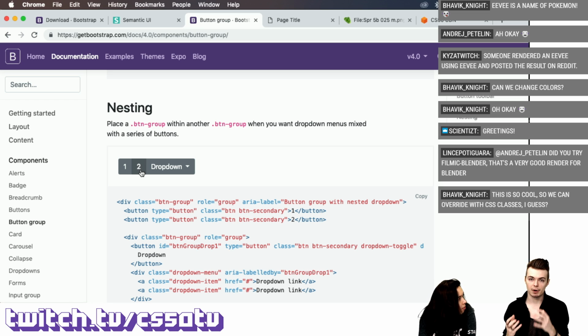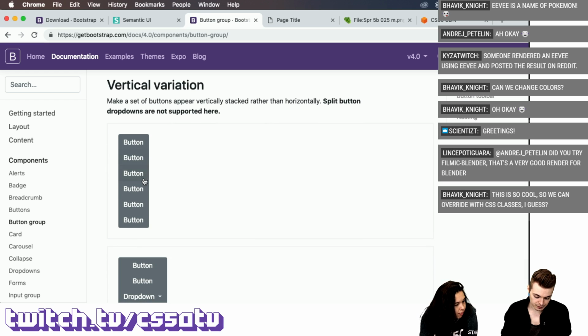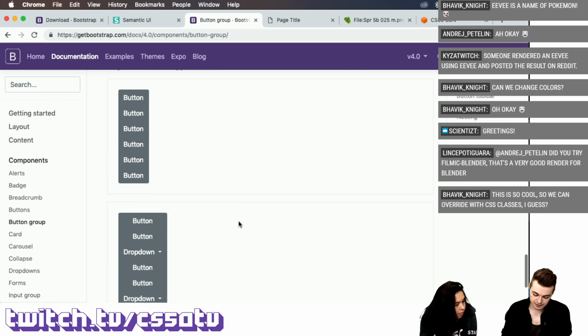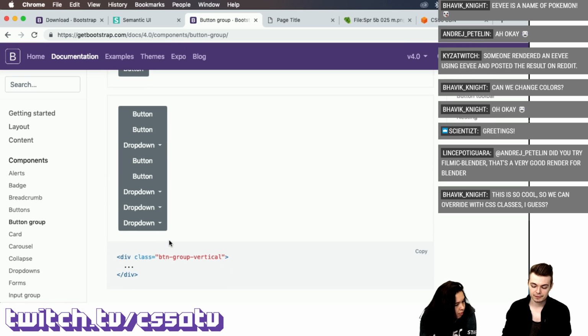You can compartmentalize and modularize all your button groups and basically everything in Bootstrap. I mean, you could put whatever you want into any of these. Yeah, and we'll see some of this too when we look at the nav bar component. And here's some vertical buttons with drop downs. The nice thing about Bootstrap is it does such a great job of illustrating everything for you visually and interactively